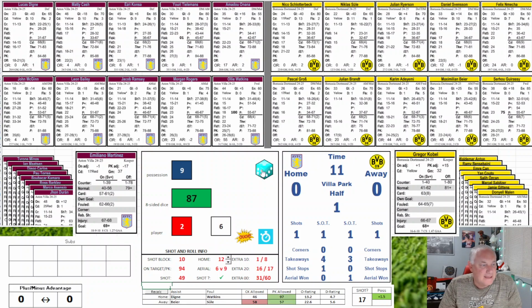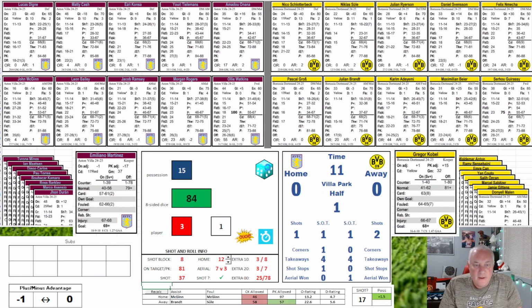Aston Villa's ball, 687P. 4. Tielemans goes -1 on the plus minus. They're at home, though, so they won't lose a number on possession yet. They have to be down by 2 when you're at home. 971, taken away by Bayer. 324, shot by Ryerson against a 10. That one is off target. So Ryerson goes off target.